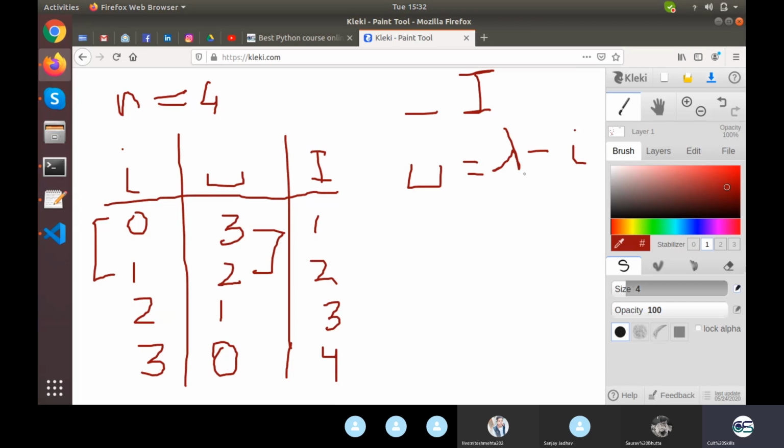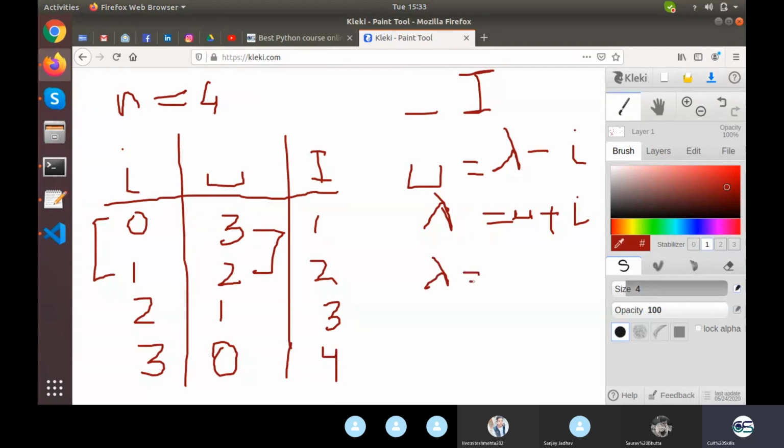So spaces will be lambda minus I, which means lambda will be spaces plus I. Spaces plus I all the time turns out to be 3, 3, 3 and 3. So what is 3? Lambda is equal to 3.